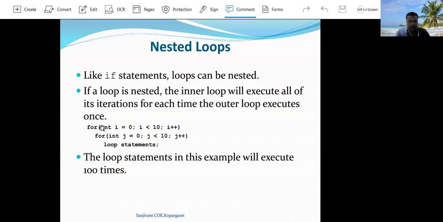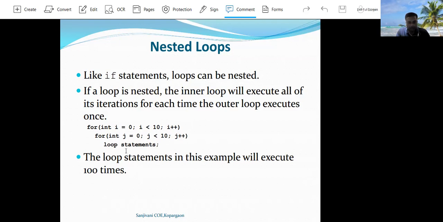Here the for is specified as i equals 0, i less than 10, i plus plus. Okay, it means the outer for loop will execute the statements written inside it 0 to 9 times, that is 10 times, the inner statement of the outer for loop gets executed.